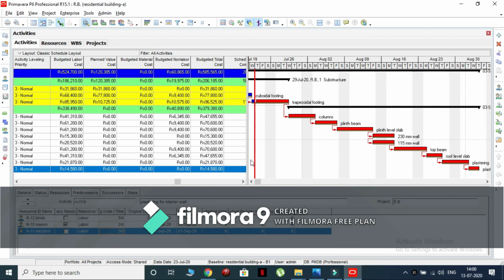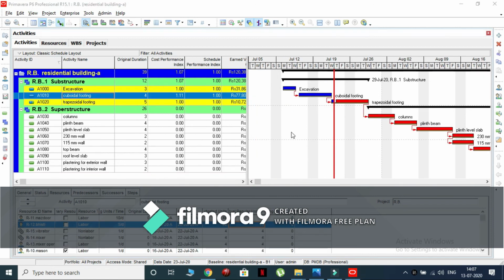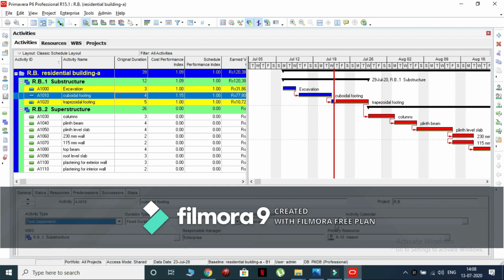Now we can see that the excavation activity is completed. Now select the cuboidal footing activity. Change the actual regular units to 10. Change the general percentage complete type as physical.